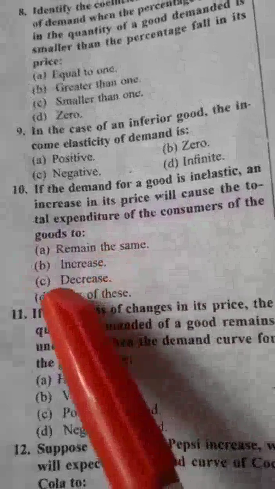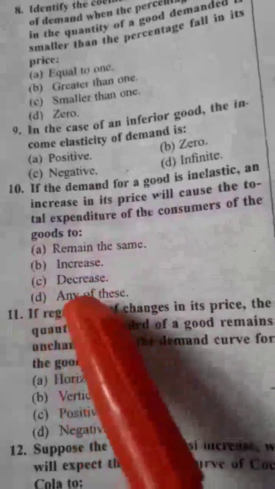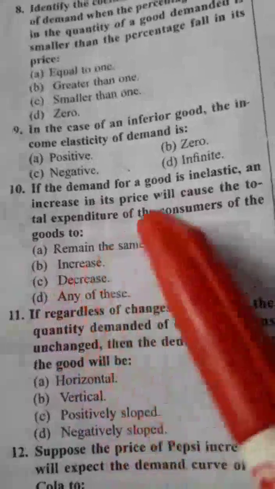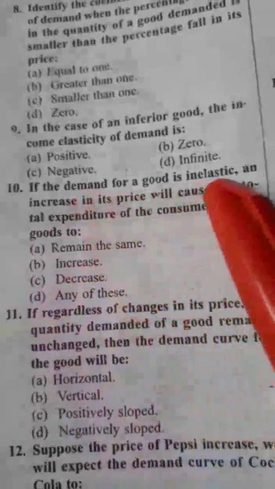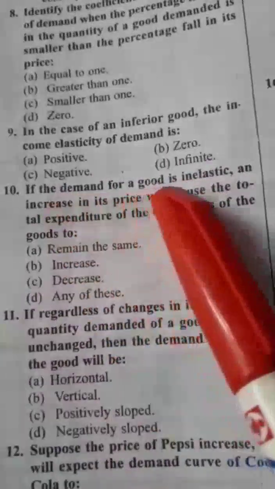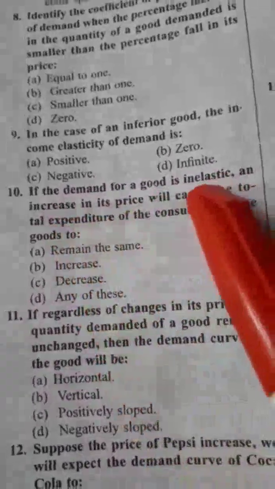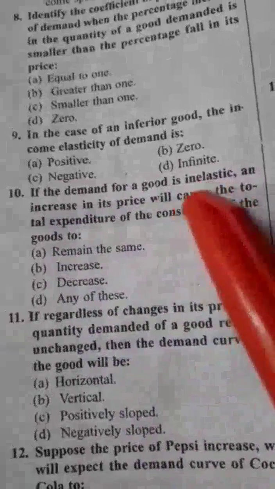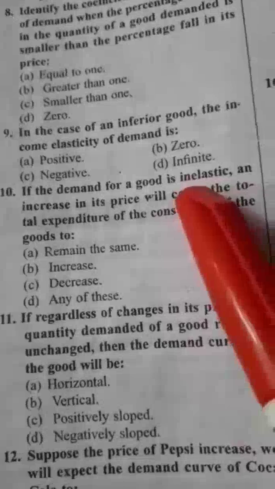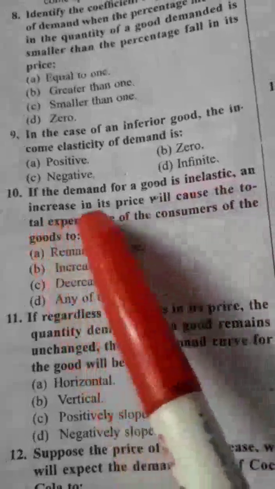Okay, the second option is right. C, decrease. D, any of these, it doesn't have any meaning. It will not decrease, it will increase, because the elasticity is less. That's the meaning of this. If the demand for a good is inelastic, that means it's not perfectly inelastic. It is inelastic refers to relatively inelastic, lesser than 1. Okay, an increase in the price